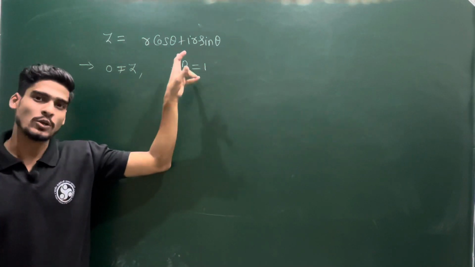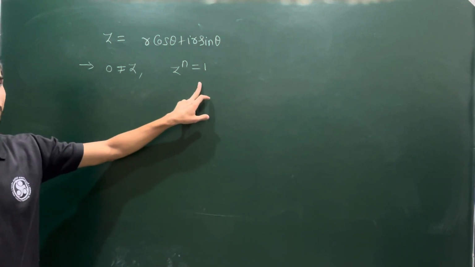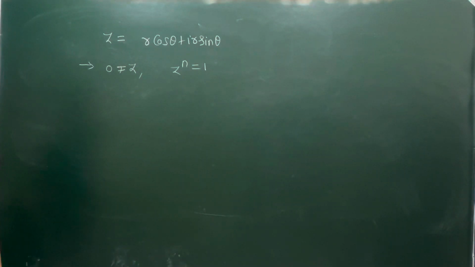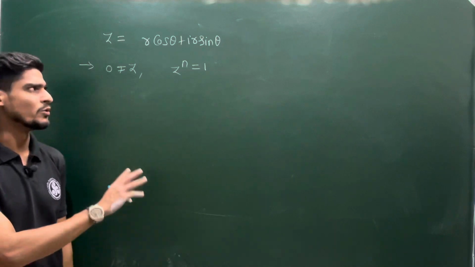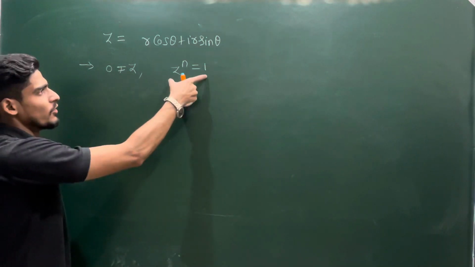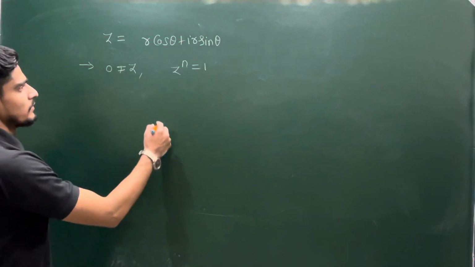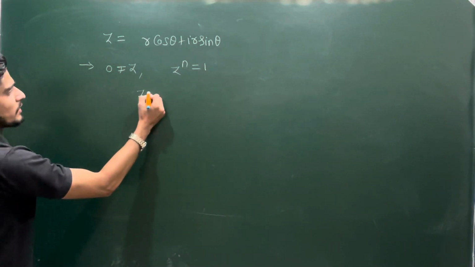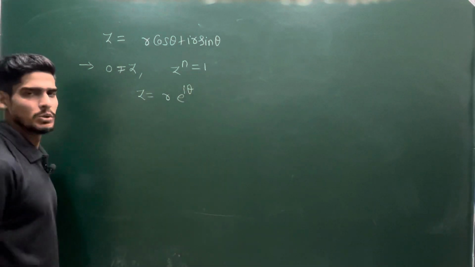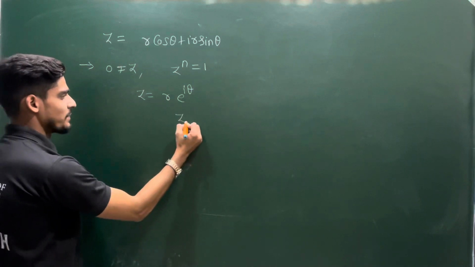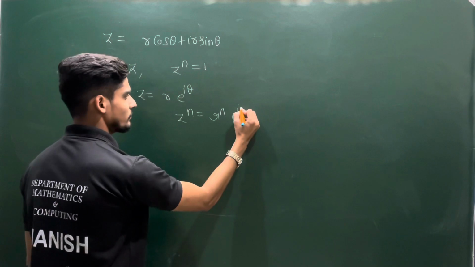In number theory, it is also very important, because solving this equation in number theory is very complicated. If you have studied number theory, then you are understanding. If you have not studied, no problem, you will study further. So suppose we want to find the solution of this equation. So let me observe. If z is non-zero, I can assume my z is r e power iota theta. I can do this. So my z power n will be r power n e power iota n theta,